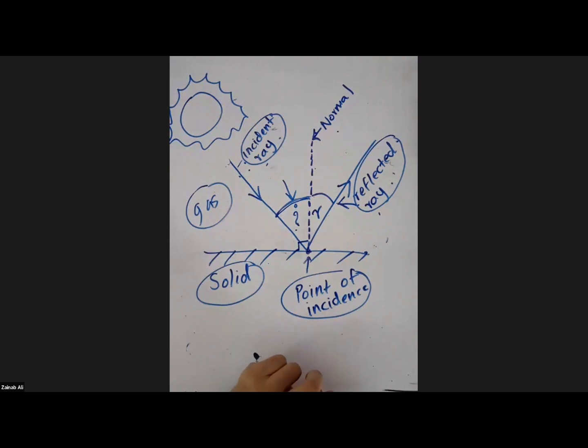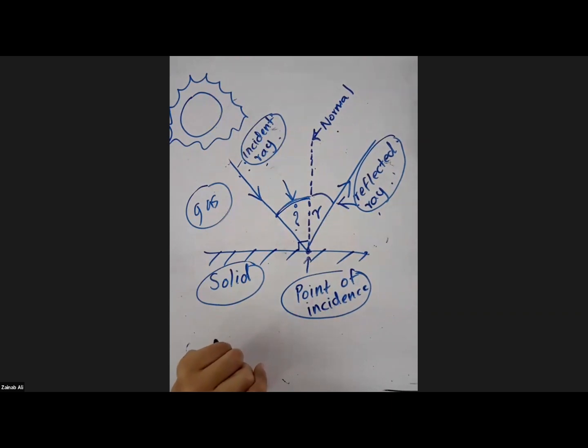Minha Munir, you can tell me what is known as the incident ray. Minha, what is the incident ray? Not the incident ray, I'm sorry, the point of incidence. What is the point of incidence? The point where the incident ray contacts the mirror. Very good. The point where the incident ray contacts the mirror, you call it the point of incidence.